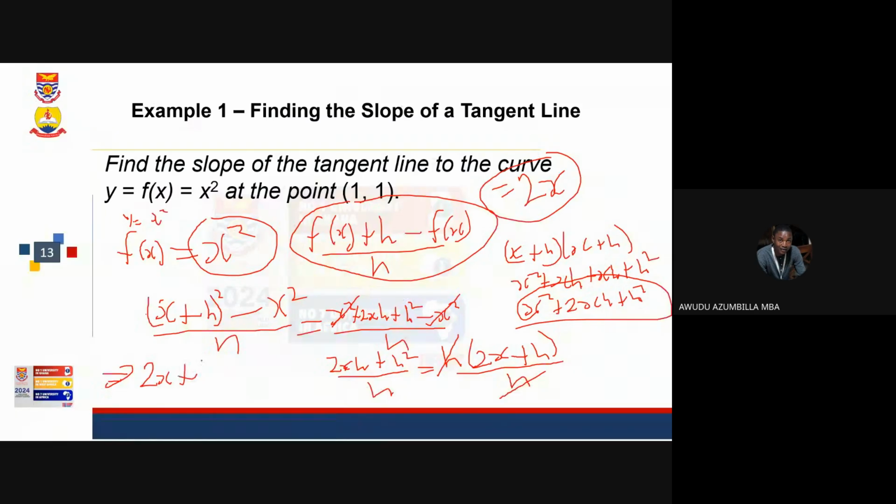And remember, we said that as h approaches 0, what will be the slope of the tangent line? So it means that when h is equal to 0, when you put 0 where the h is, you are going to get 2x plus 0. We are saying h approaches 0, so h is equal to what? 0. So if h is equal to 0, we are getting the slope to be equal to what? 2x. 2x. And that is why we are saying that whether you use the normal differentiation